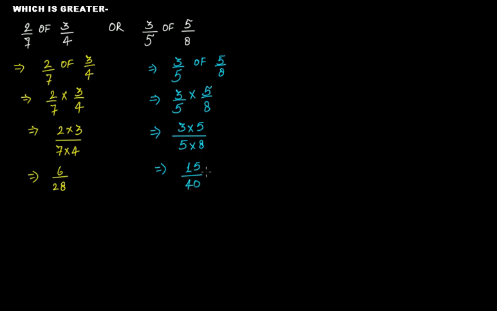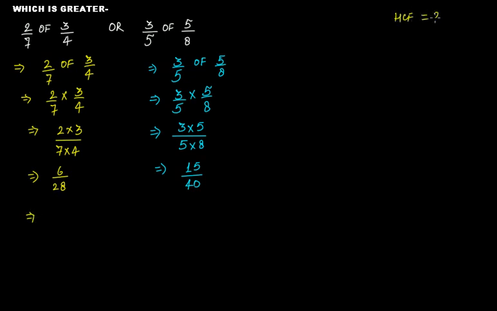So first let's do one thing. First, let's try to find out the lowest form of these two. So this is 6 divided by 28. What will be the highest common factor? In order to simplify it, first we need to find out the highest common factor of 6 and 28. If you try to find out the highest common factor of 6 and 28,